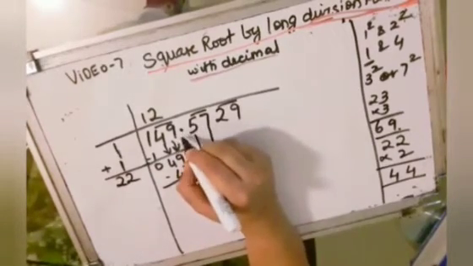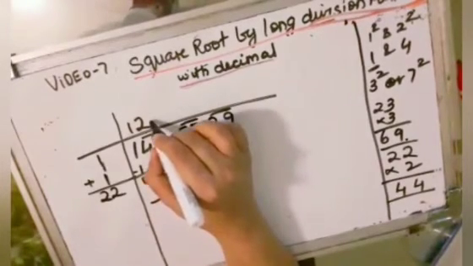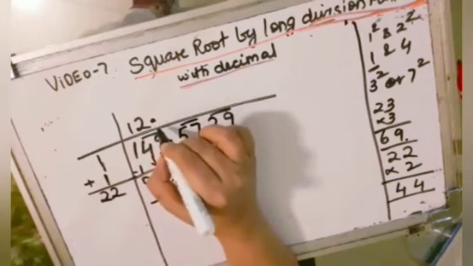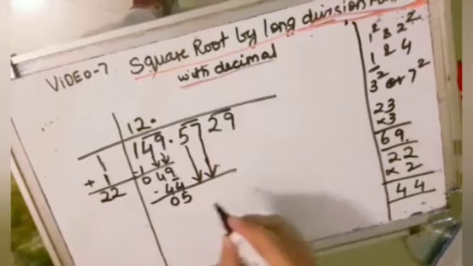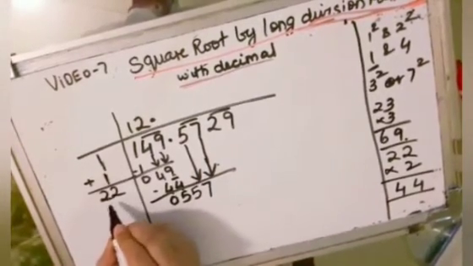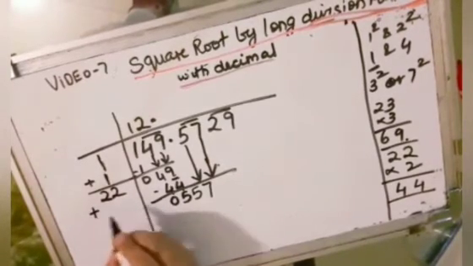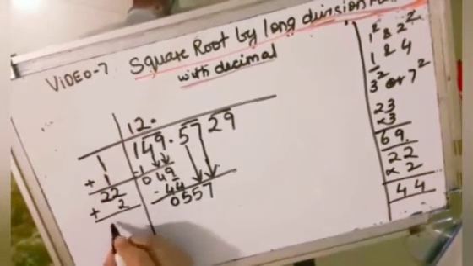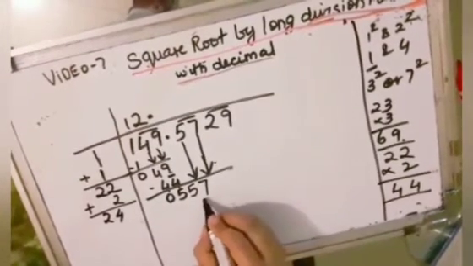As soon as you bring the number down after the decimal, you put a decimal after the number in the quotient itself. So after the tail you will put a decimal. This shows that you are using numbers after the decimal. So now 5, 5 and 7. Now as I told you that you use 2 here. So again you will add 2 to the same number. So now the number would be 4 and 2. 2 and 4. Now the number is 7.